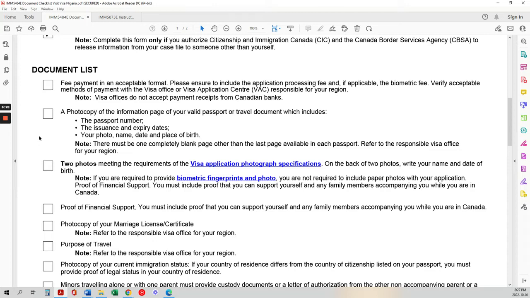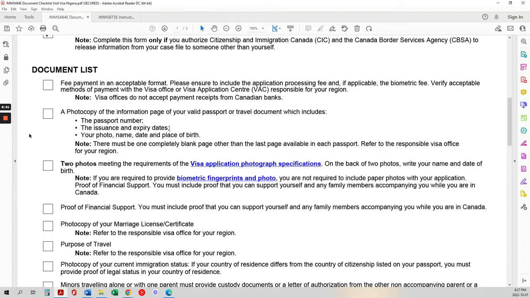Make sure, if you've traveled a lot and you don't have much room left in your passport, you may need to get another passport. But make sure at least one clear page is blank in your passport. You're going to need 2 photos meeting the requirements of the visa application